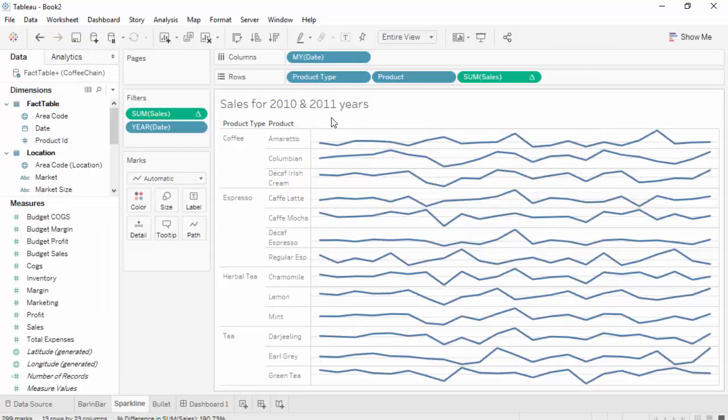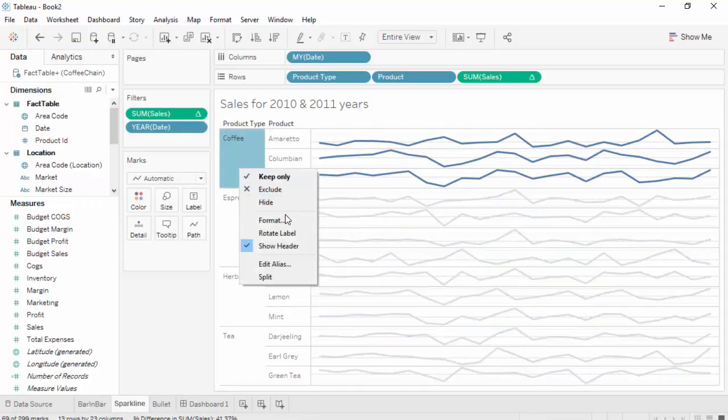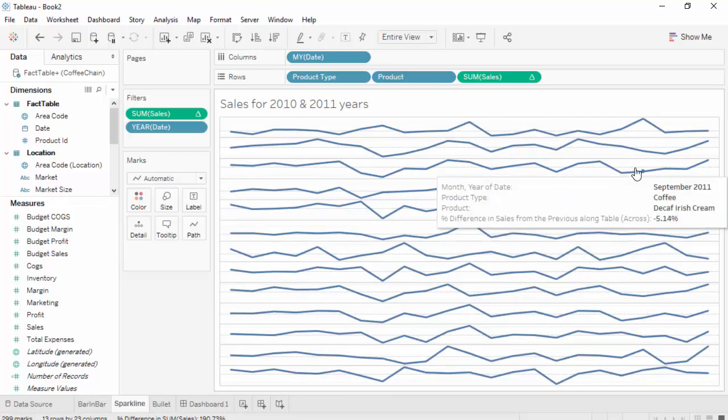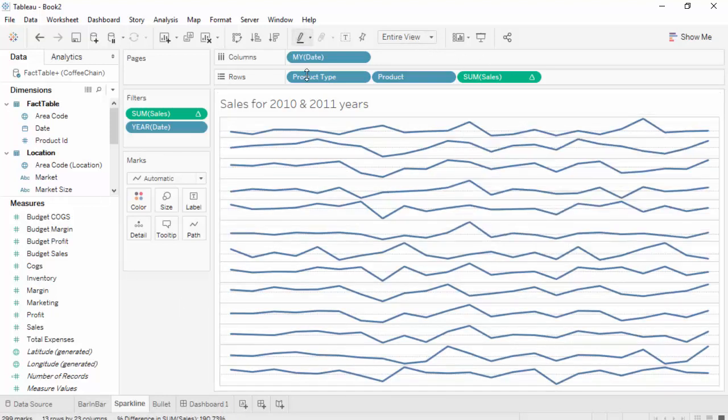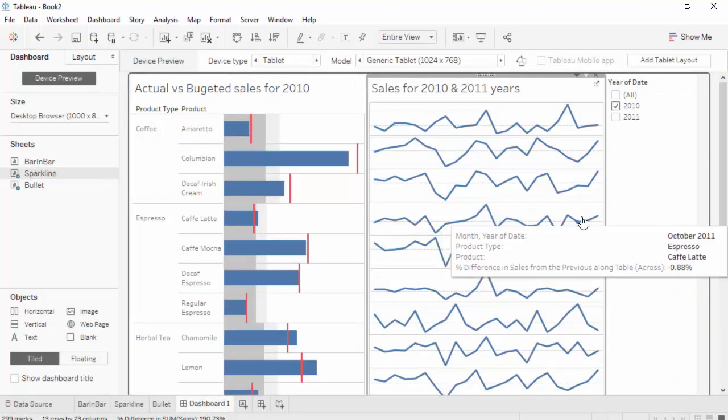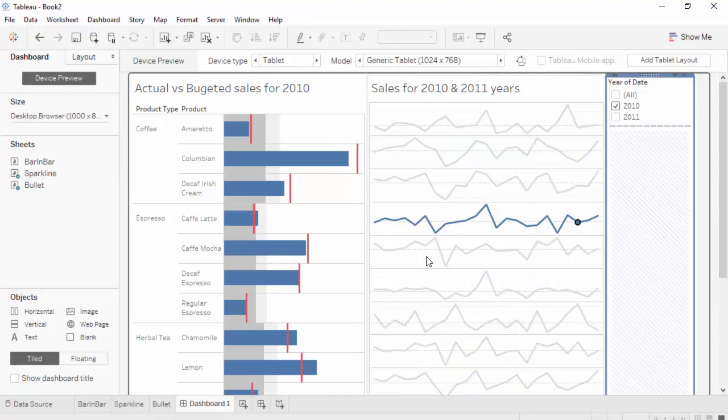So click that, it takes you there, then uncheck show header and uncheck show header again. So now we have just the lines. So let's go back to the dashboard and see. Okay. All right. So now this is